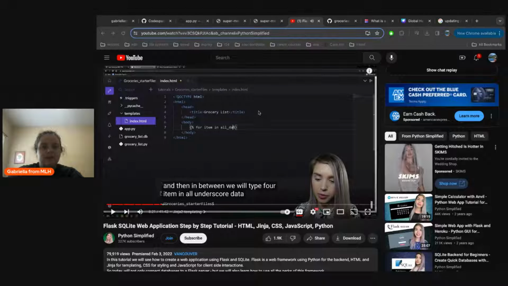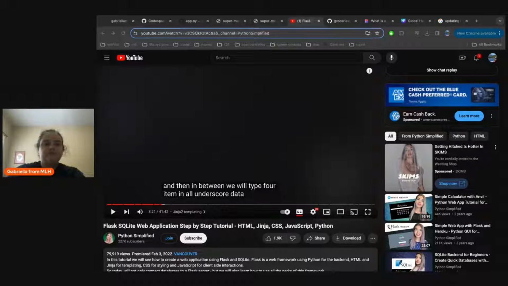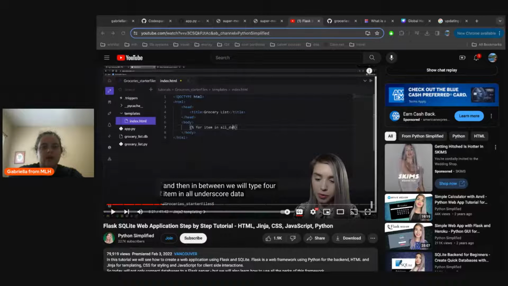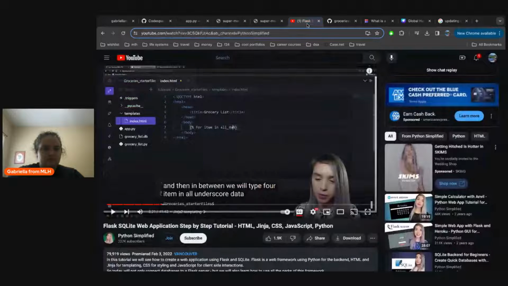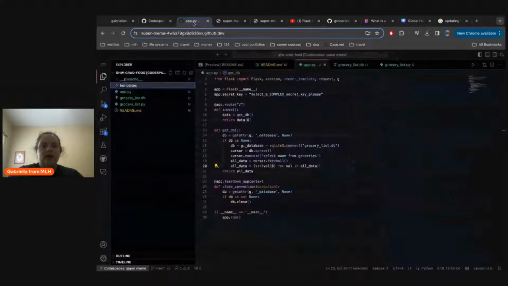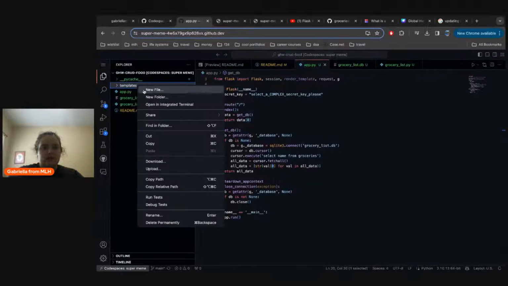All right, so basically what's happening now is that we are going to be creating our template for our Flask application. So I'm going to go back to here and I'm going to create a folder. I think it's going to be called templates. And then within that, we'll have our index.html and we'll add in some styling later. So we'll also need a new file,